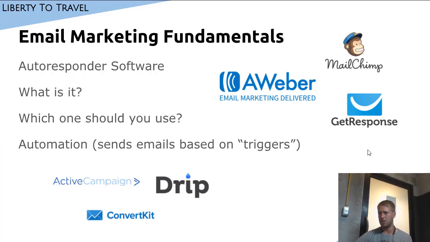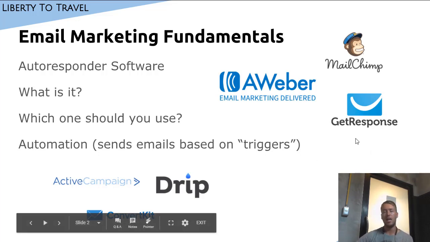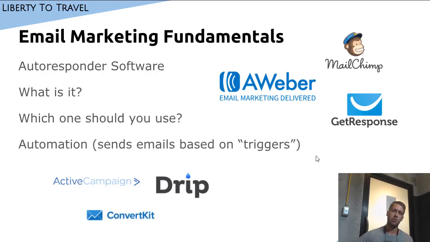So yeah, that's automation. What other things you can do with automation is, for example, if people click a link in a certain email, they are put on a different list in your autoresponder account or a different segment within the list. So this is a lot more advanced type of automation. And now if you are a more advanced email marketer, if your business has multiple products, multiple websites, things like that, then probably you're going to want to have email autoresponder software that has more functionality in terms of automation.